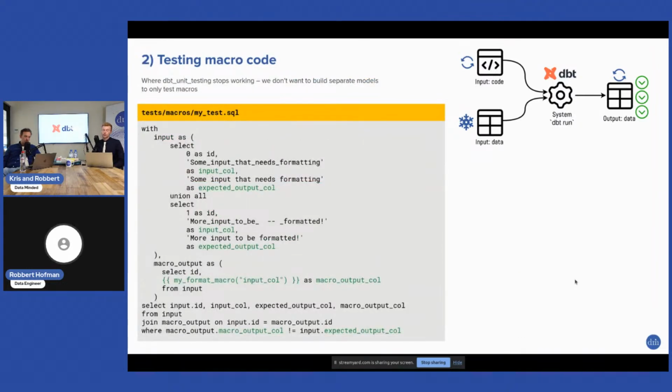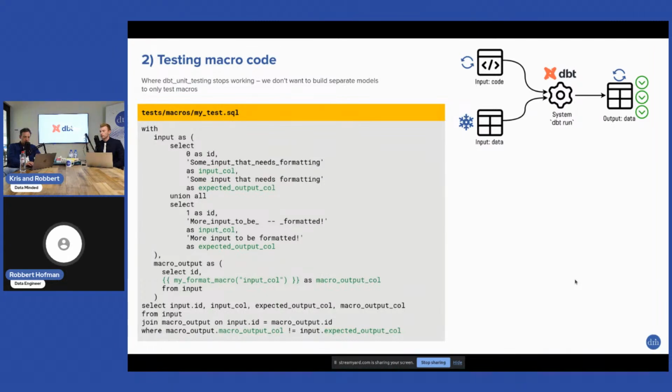But then, we wanted to test macros as well, and that usually is somewhat more complicated logic. So you really want to test that. But this DBT unit testing framework is really designed for DBT models, not for macros. I experimented with whether we could make models specifically to test macros, but it gets so complicated, and you don't want to run these models in production, but you do want them during testing. So